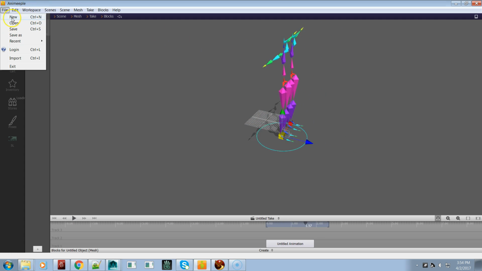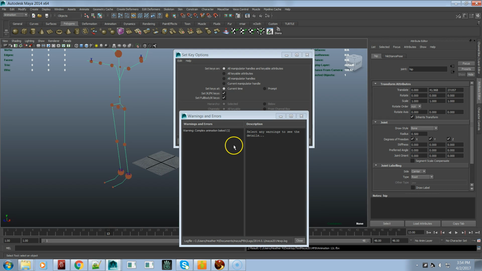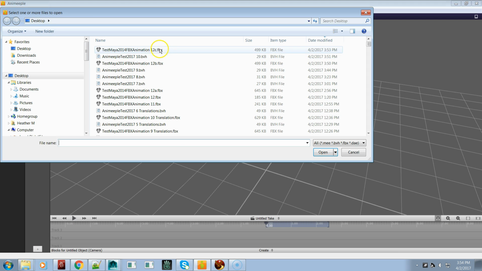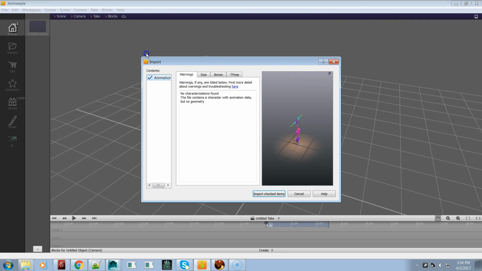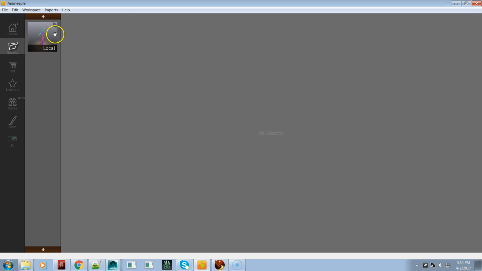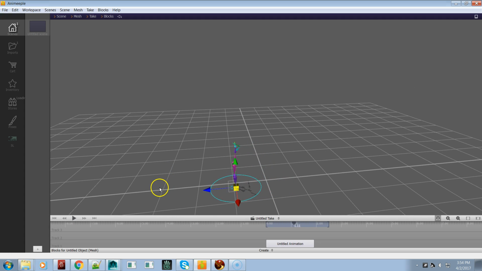Okay, all I know is if we were to not import with that, okay, let's import. If we were to import this with, say, 1.0, see now it's much smaller. Okay. Now let's,